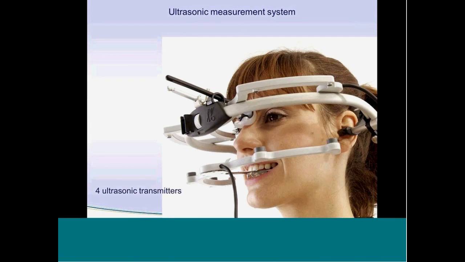Here we have 4 ultrasonic transmitters at the lower bow in these 4 different positions. In the upper bow, we will find 8 microphones located here, on the left side 4 and on the right side the other 4. And then from the ultrasonic transmitters very short ultrasonic bursts will be sent. And from these bursts we can measure the traveling time from the transmitter to the microphone.